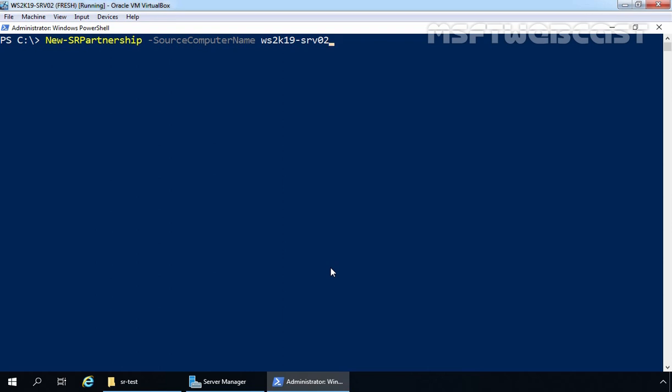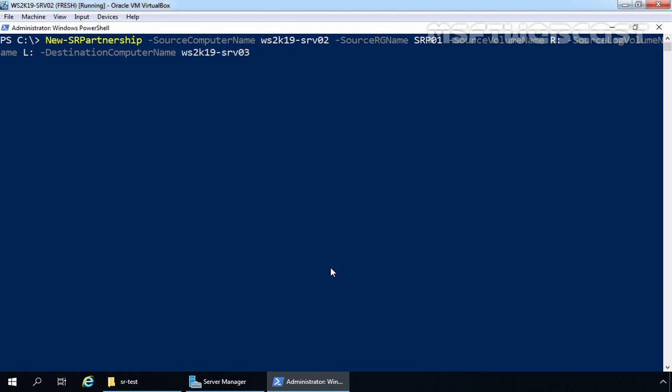Here you need to specify the name of the server which you want to use as the primary server. -SourceRGName, this is the name of the replication group. Here I am giving the name SRP01. -SourceVolumeName, which will be R. -SourceLogVolumeName, which will be L in our case.